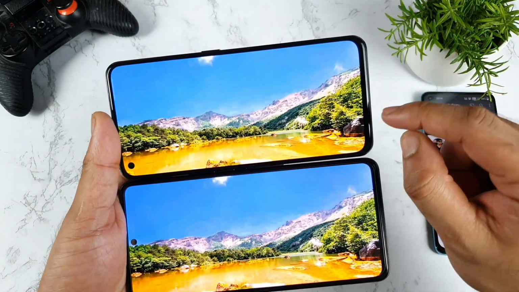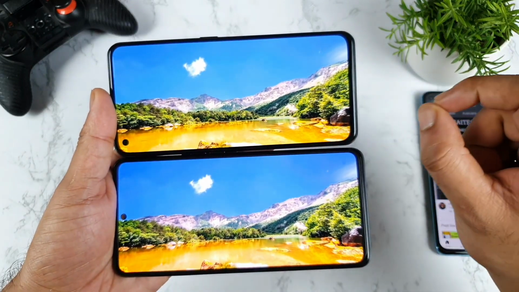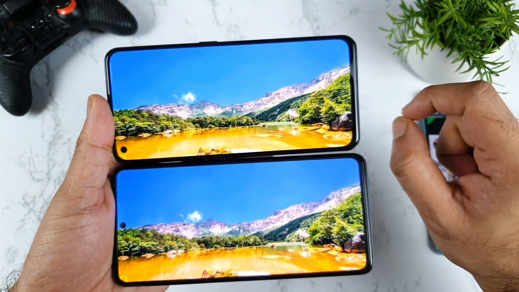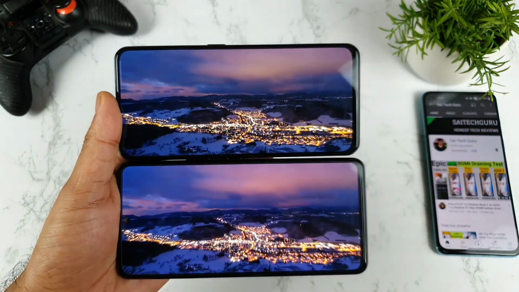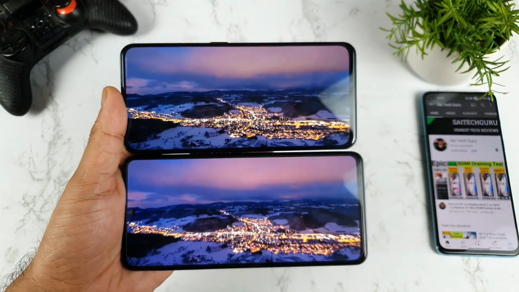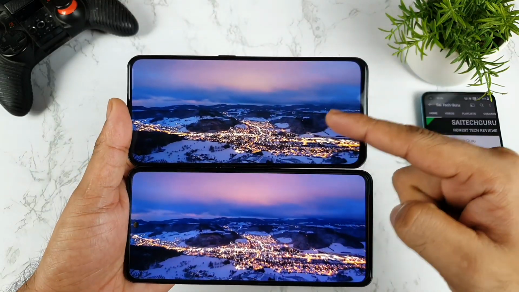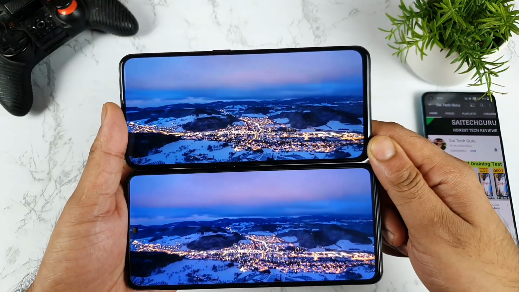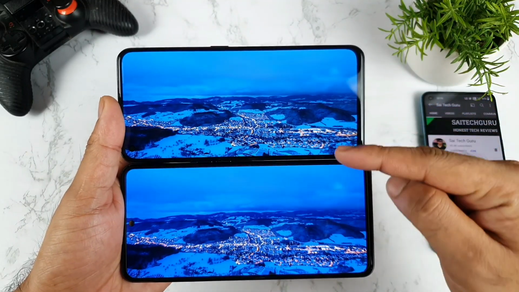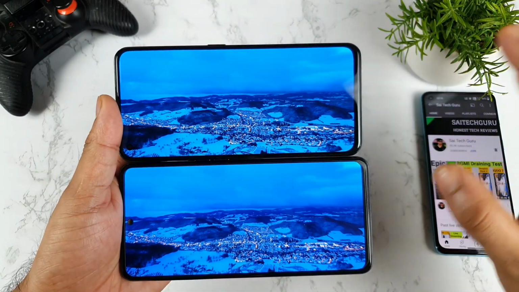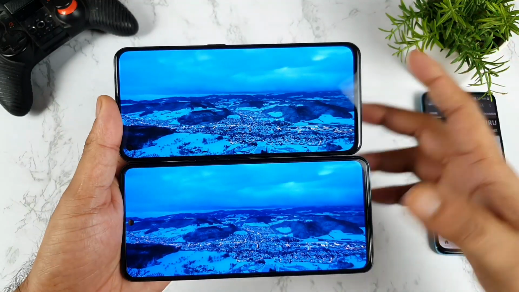So in terms of the display quality, the Realme X7 Max feels a little bit slightly saturated if you enable that effect. So that is the reason. In the settings, if you enable that option, then you can feel a slight change in the color saturation in the Realme X7 Max. A little bit, not much. You will only notice this kind of difference if you watch both phones side by side. Otherwise, you will not notice any kind of difference. That's the one thing.